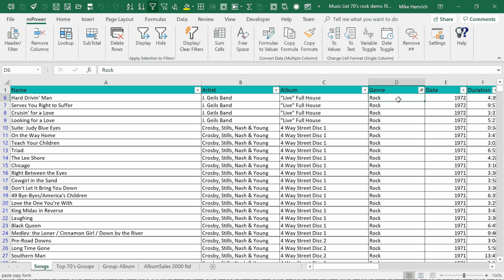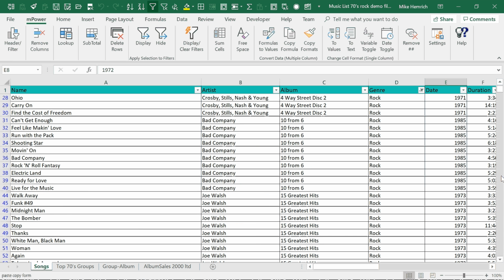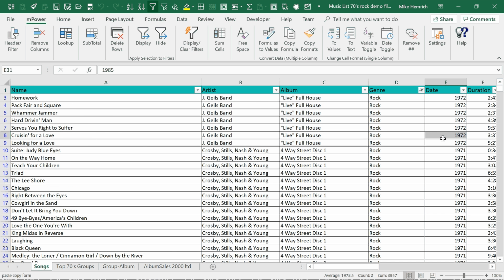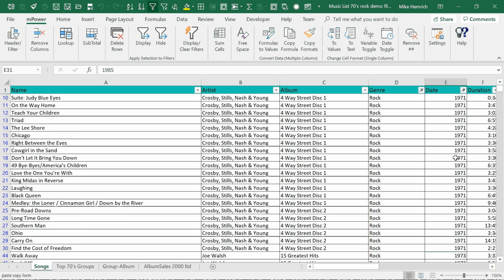Additionally, I want to exclude some of the years of the rock songs. So let's say I don't want 1972, I can highlight that, and going down here, I don't want 1985 either, so I can highlight those two, and I've got both of those selected here, and I can just say hide, and now I've got a list of all rock songs less 1972